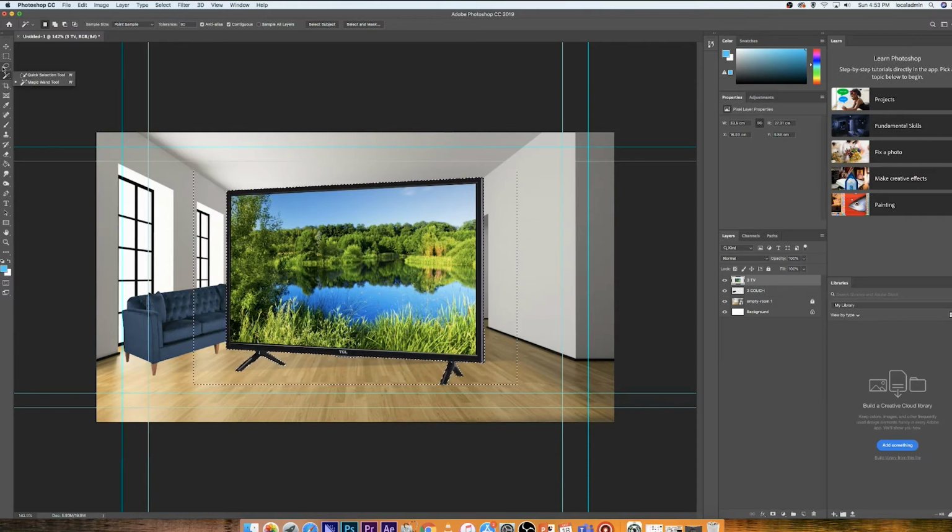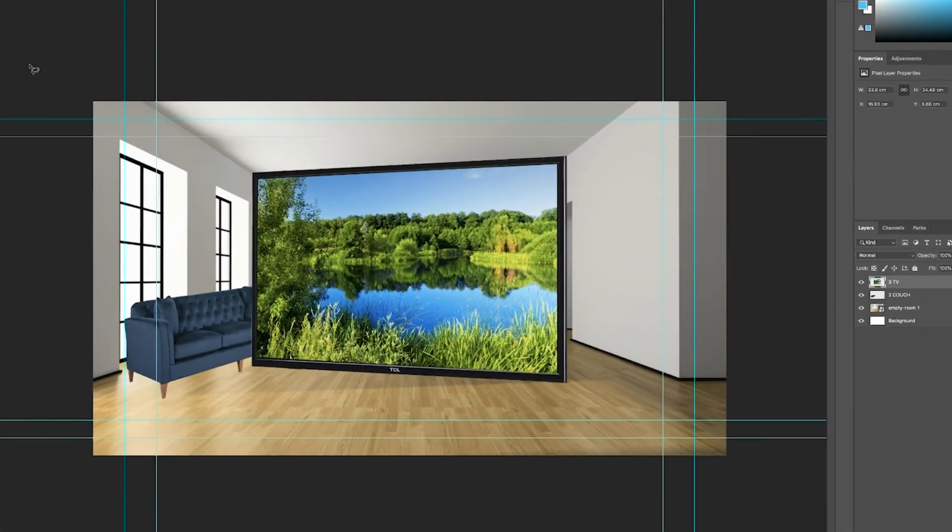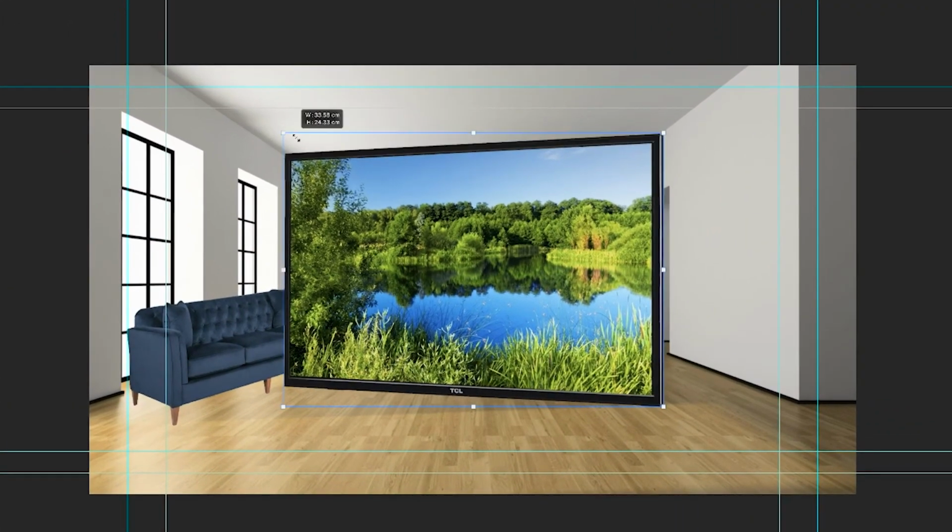And what I want to do is I just want to get rid of the feet, because I'm going to put this on the wall. A TV with feet on the wall doesn't work. So I'm going to use a polygonal, and all I'm going to do is click, click, click, click, click, double click, and get rid of those feet. Okay. So now I'm going to move this TV on the wall,